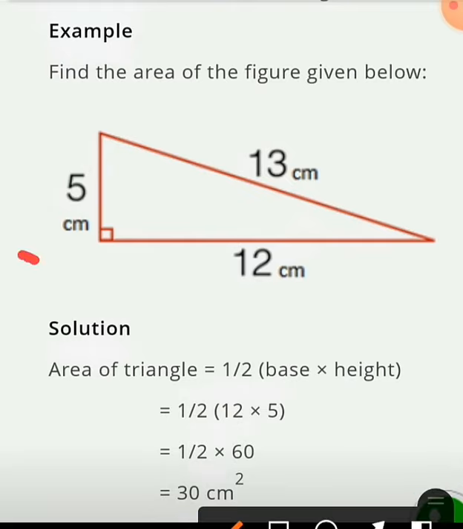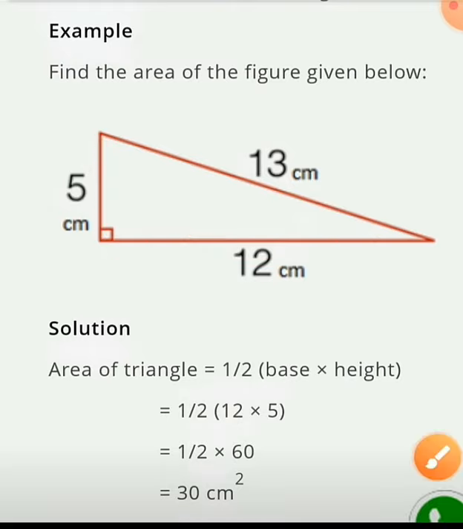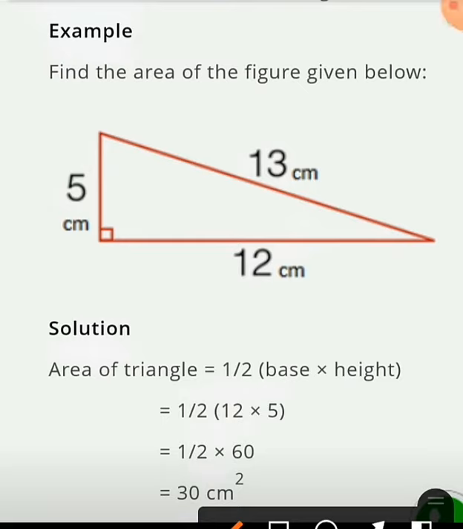So this is our height, and the height falls on this side. The opposite side where our height is touching, this side will be our base. Okay. So height and base are connected. This is height and this slanting line is base. Okay. So now we can find area of this triangle easily. We just need height and base.